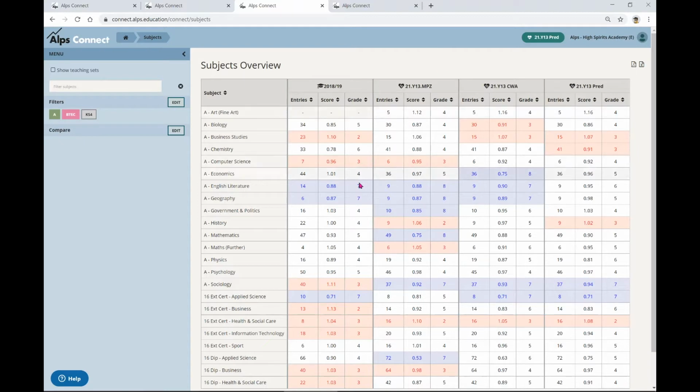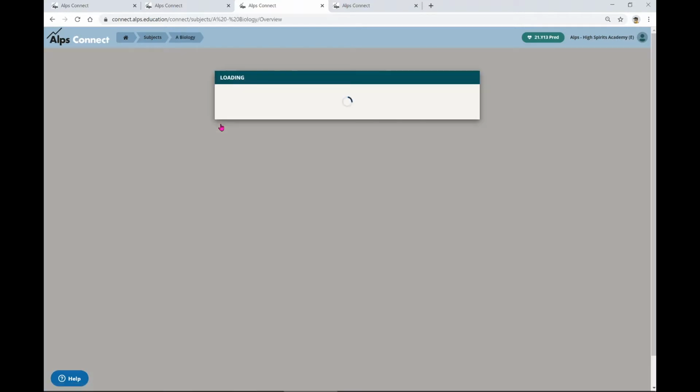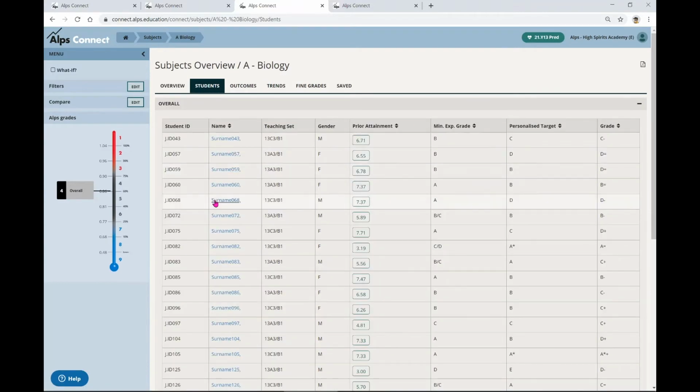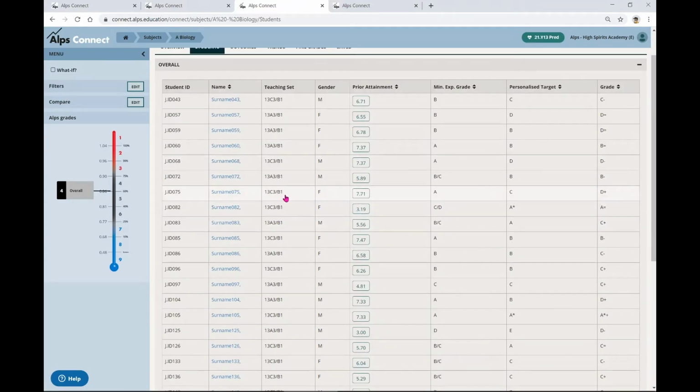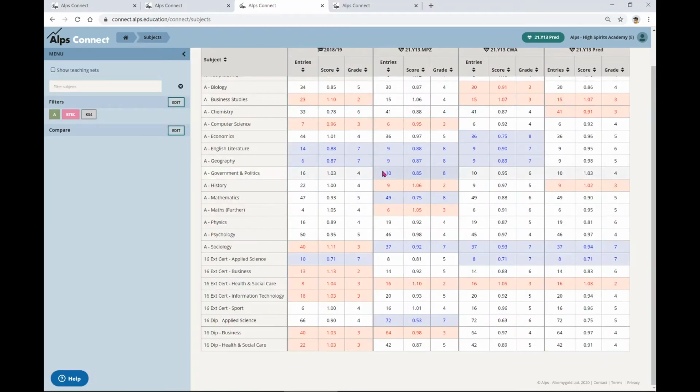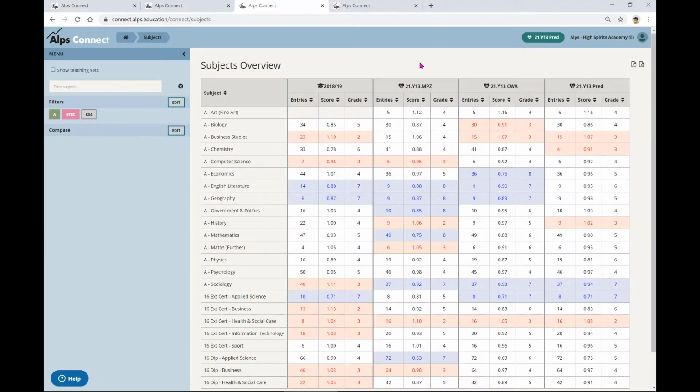So if I go into a class, if I go into biology, then what I'm seeing here are the students that are now being taught in their correct teaching sets. And the grade here is the most recent grade that we've got available. So in normal terms, that would be an end of year 12 assessment, before they've gone off. It would have been ASs in the past, or ASs if you're still doing it. For us, that MPZ grade is based on the latest data, which would have been sometime around February, March time.